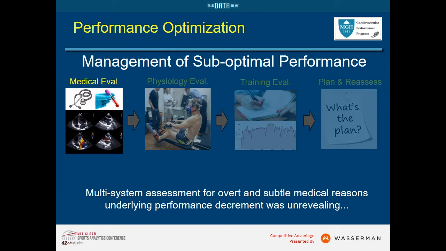And this is good because this means this is not a health problem per se, but something about the way the athlete's training and trying to engage their body from a physiologic perspective. I will say, and there's some selection bias in this, that about 50% of the elite level athletes that come to us with a performance decrement have some undetected medical issue that explains it.